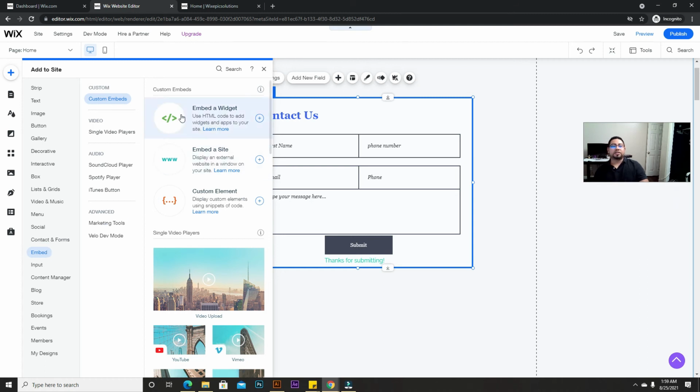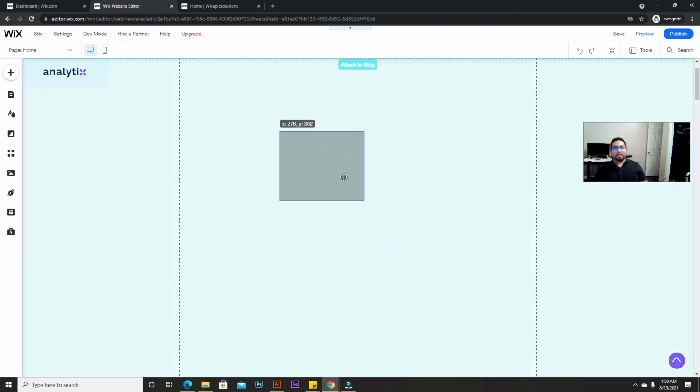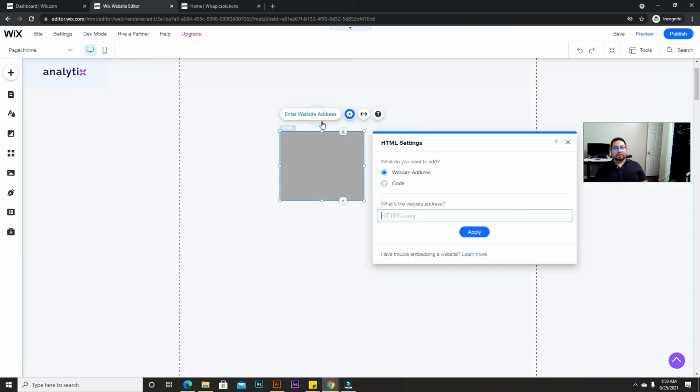And embedded is a really cool tool for anybody that's trying to connect something from another platform to your page. There's this website called JotForm. With JotForm, you can create super custom forms, very advanced and very easy. And let's say you want to display that specific form in your page, this is where you're going to use that. So embed it to the site, and then whatever code they give you,